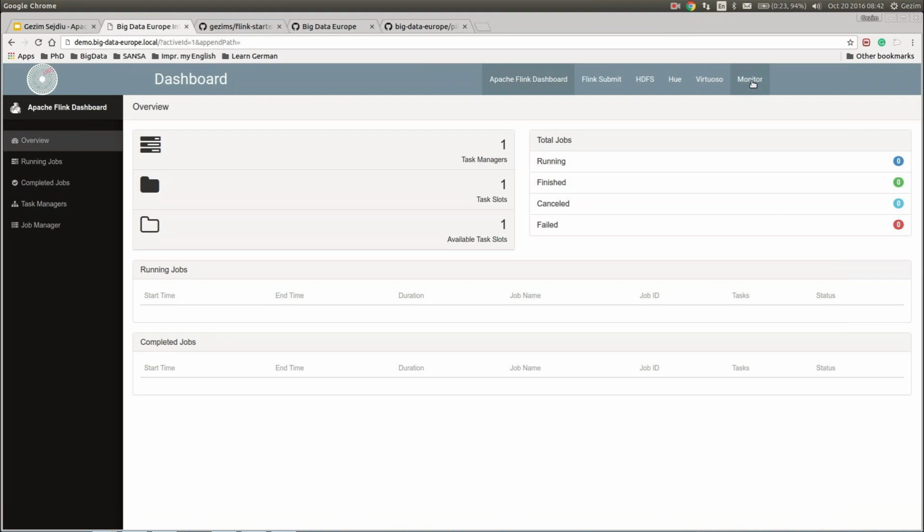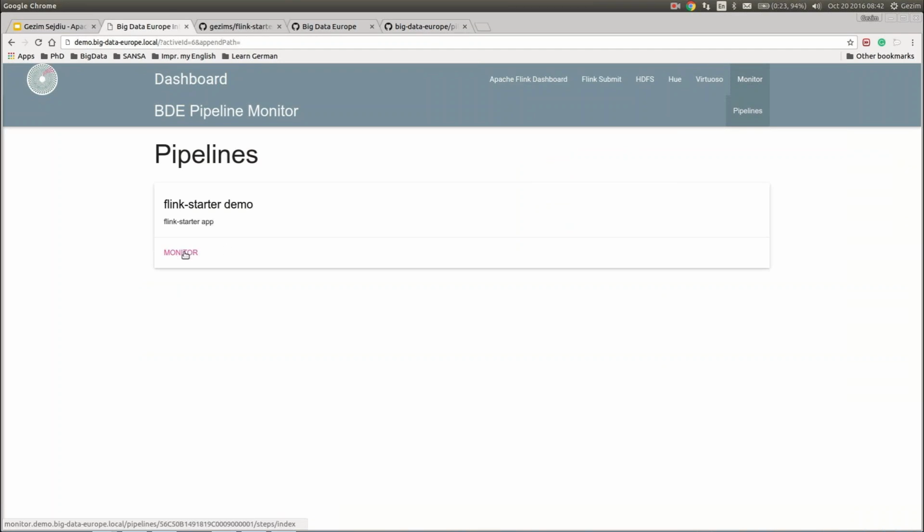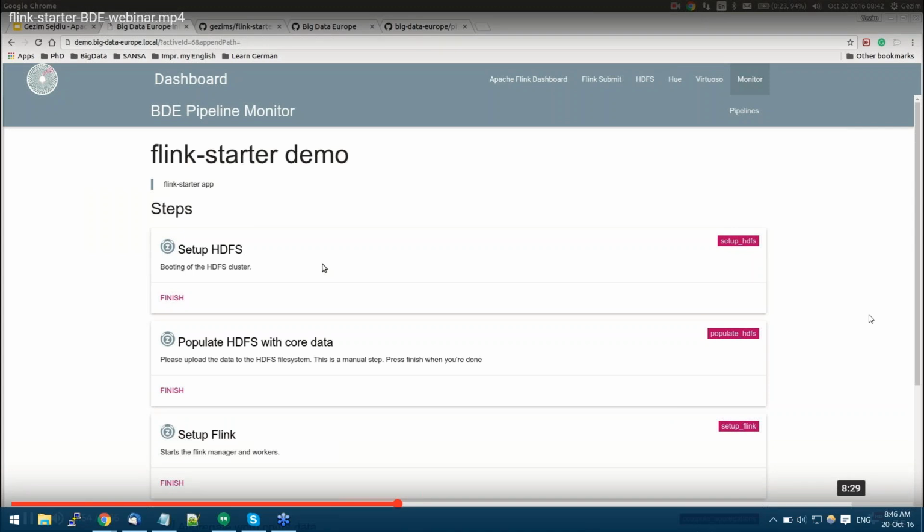We see that the task manager is already connected to the job manager, and as I said before, the pipeline needs to be monitored in order to know that every component which depends on another can start in the proper way. So let's monitor our simple Flink starter demo application.